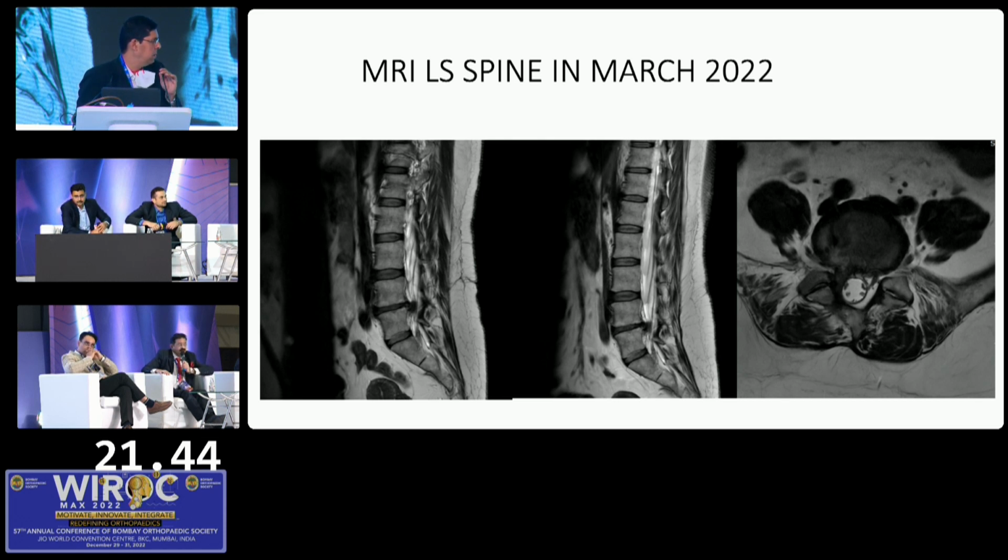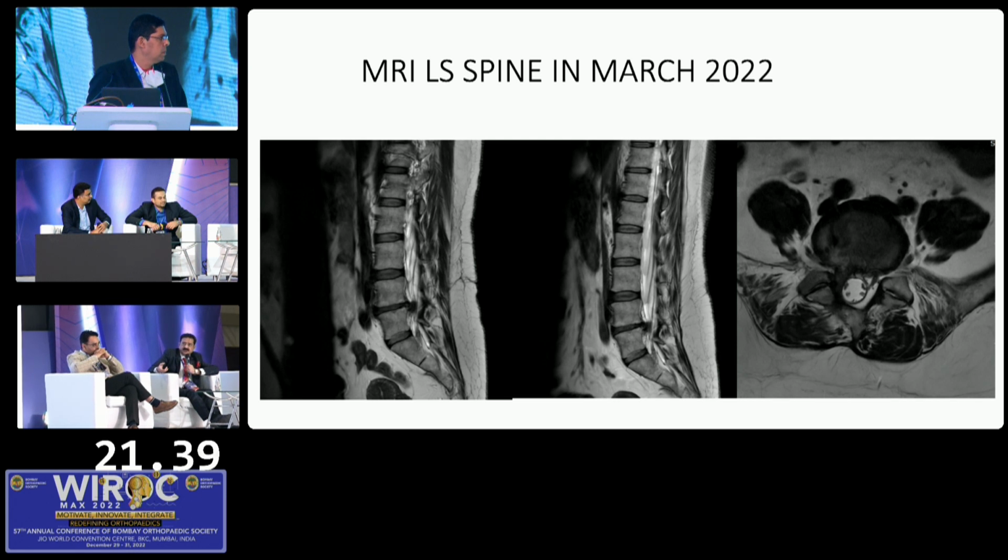Everyone can just comment. For this patient particularly, I don't know why the epidural was given two times, and in spite of that, we are thinking about conserving. So basically the patient was given an epidural when the first episode happened, and a second time after the recurrence, 3 years after the first surgery. One epidural after the recurrence and one epidural after the primary episode. I want to ask a question: why do you have to keep waiting such a long time when you know that the patient is not responding and epidural is not a treatment?